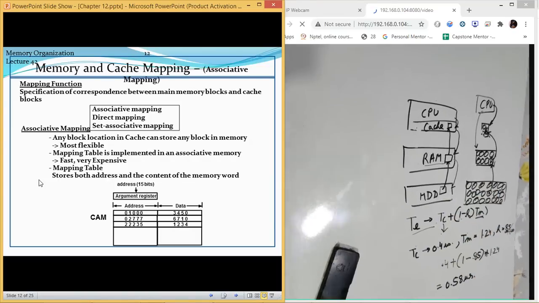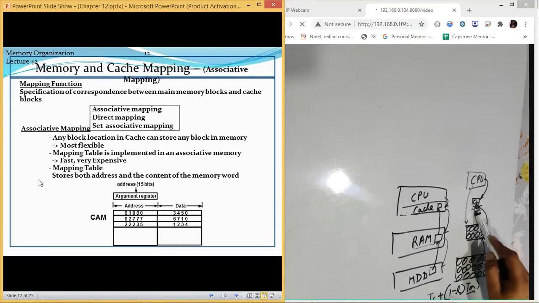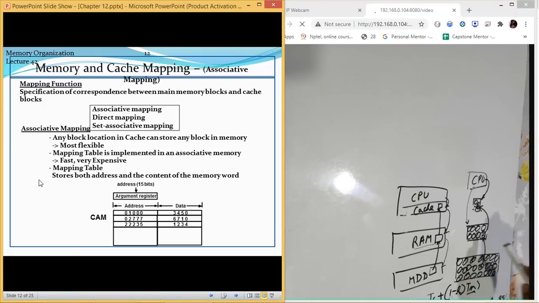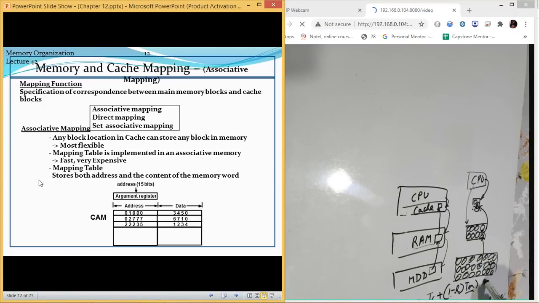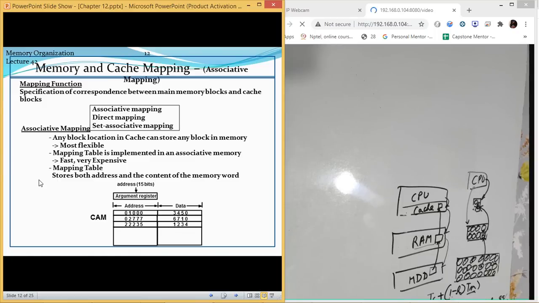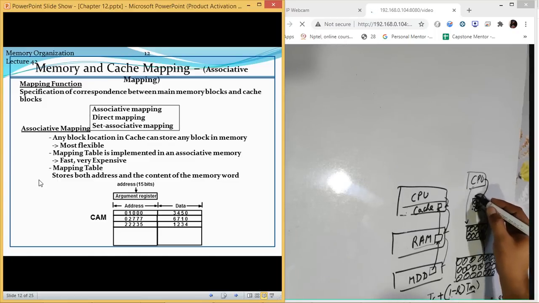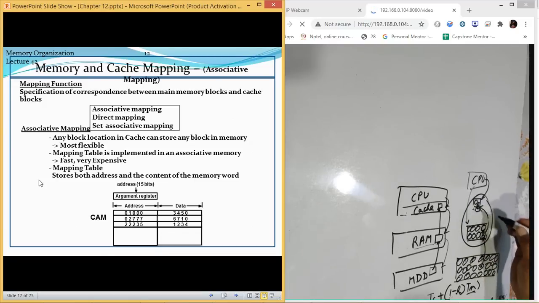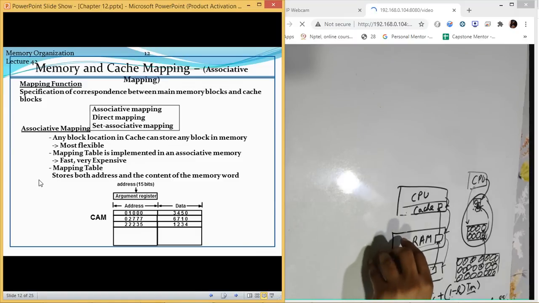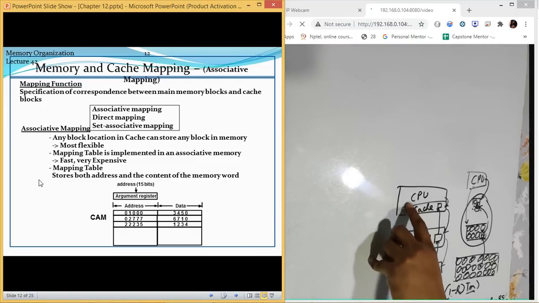Like if there is certain data inside the cache which is used by the CPU, then the CPU modifies this data, that data should be reflected on RAM, and that data should also be reflected to the hard disk drive. So currently what we are concerned about, or what we are going to cover, is how we are going to store the data on RAM and map it to cache. Like how we are going to shift the data from RAM to cache, what schemes we are going to use, those will be covered.